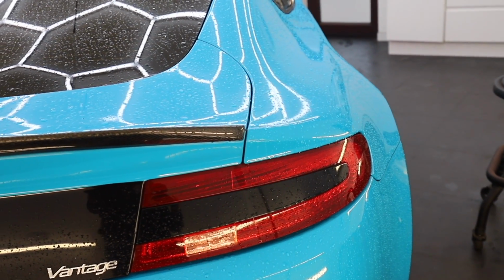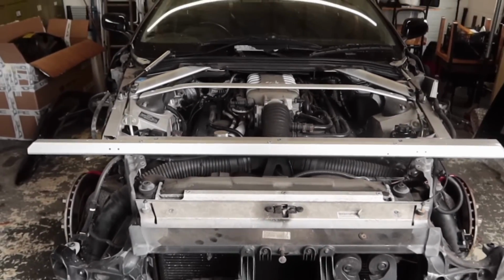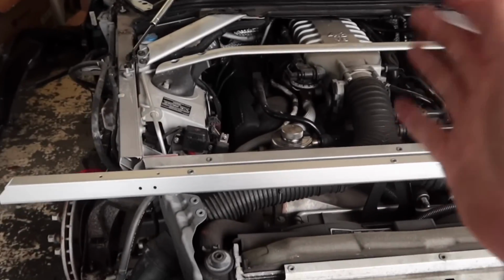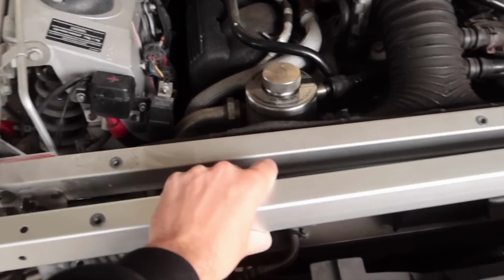This car is a category S write-off, and the reason why it was given a category S, which stands for structural, is because of the headlight bar which runs across the front of the car and supports the headlights and does not much else really. This was a £200 part which was bent, and then I replaced it like for like with a brand new genuine part, which in my mind